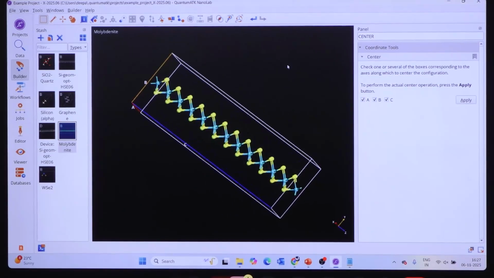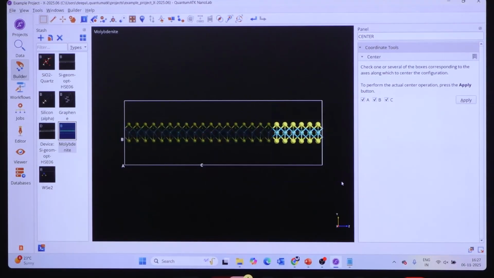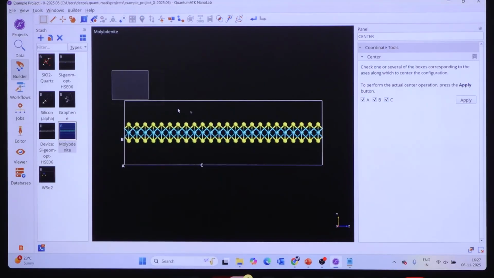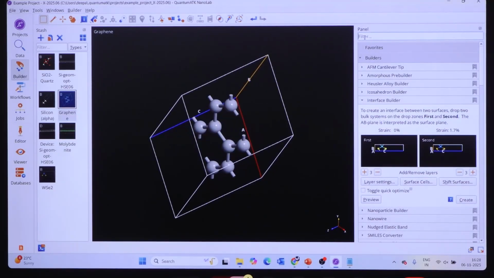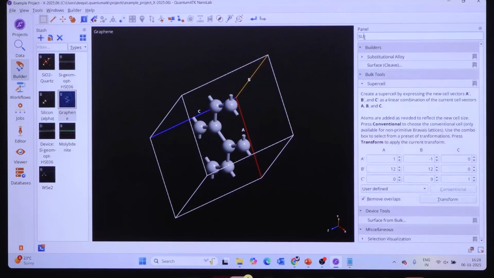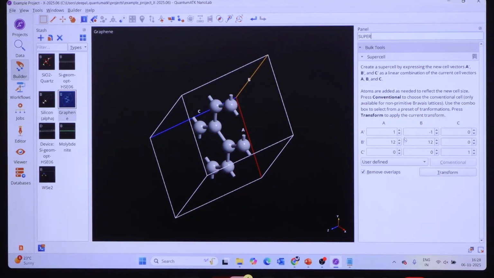Now we can go for the replacement of the material. Here we can replace the WS2. We can also take another layer of the WS2 on the top side, bottom side, any layer, and just we can introduce it below. Now let me go to the defect in a graphene sheet. So this is a graphene, right? If I take a supercell, if I take 5 times,